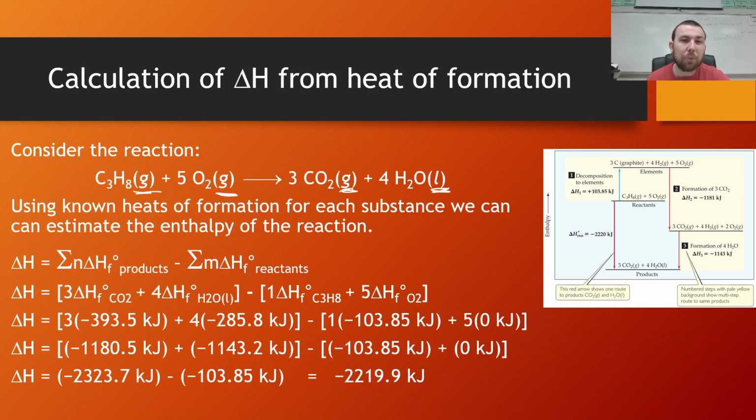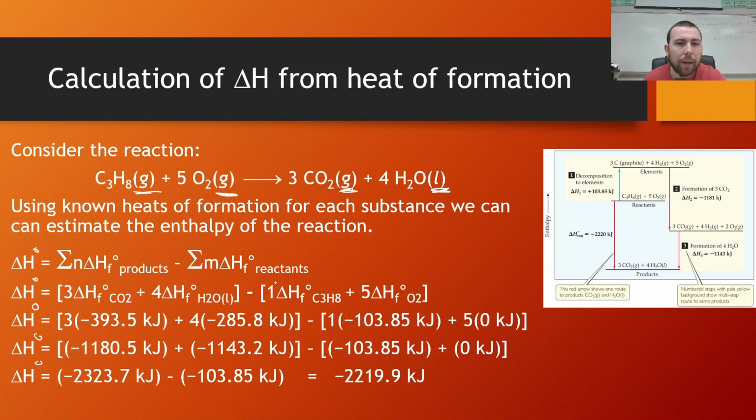So what we can do is we can use the heats of formation for each substance to estimate the enthalpy of reaction. So delta H naught, go ahead and just put those there, is going to equal the sum of the enthalpies of formation of the products minus the sum of the enthalpies of formation of the reactants. Now, if we want to think about how we get there, we do products minus reactants. So it's going to be 3 times the enthalpy of formation of carbon dioxide, and again, that 3 is the coefficient, so that's why it's 3 times that, plus 4 times the enthalpy of formation of liquid water